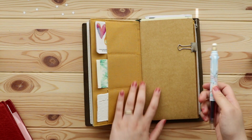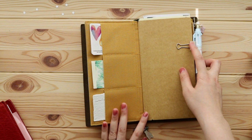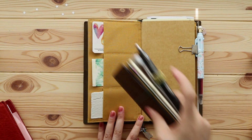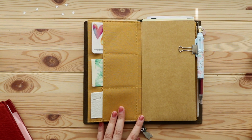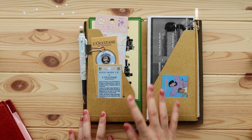I really like it. I think it's really cute, so I just put it in here on a little clip. I will buy a pen loop real soon. I want to buy one more of this, but when I went back to the local store, they told me it's already sold out. They probably will restock real soon, but yeah, I'm just waiting to buy another pen loop